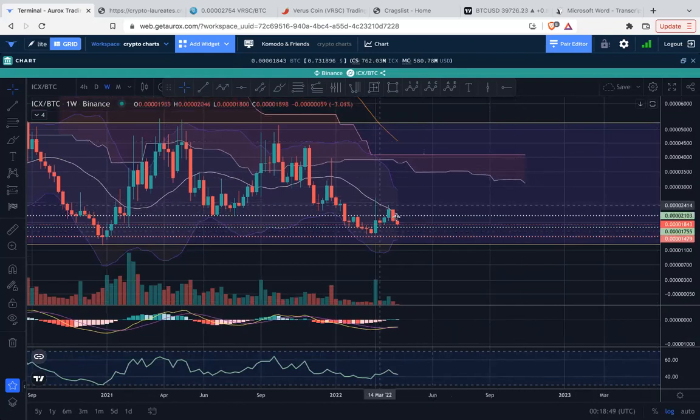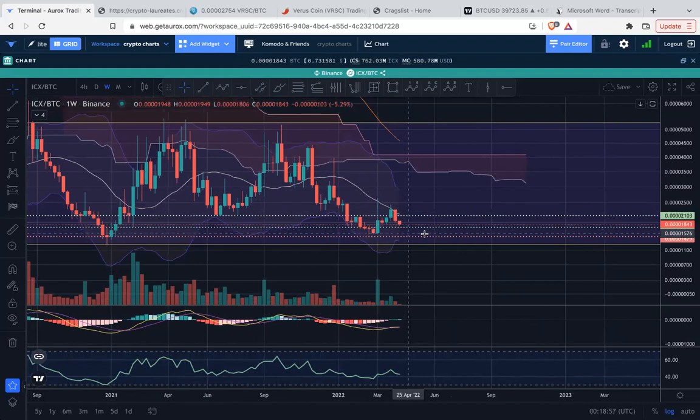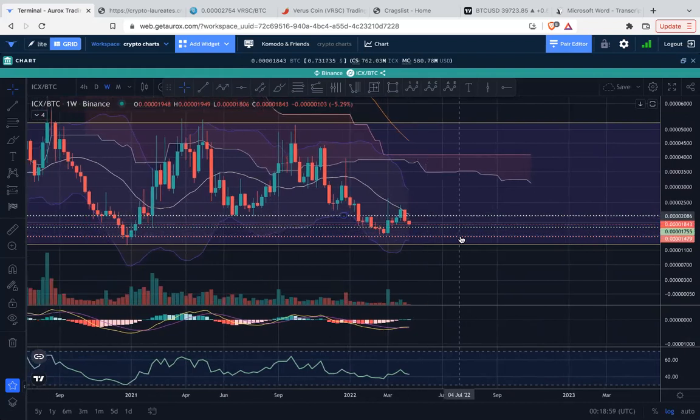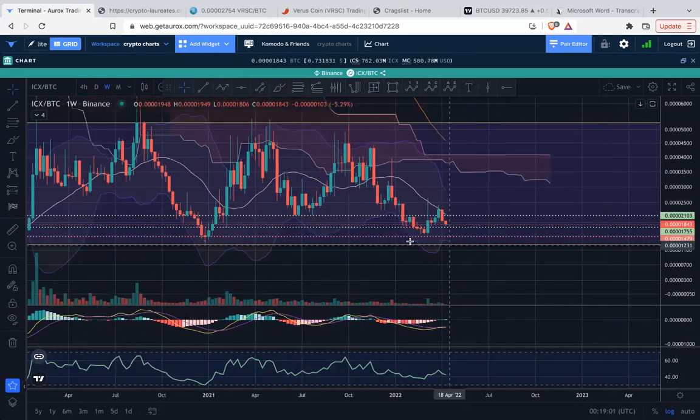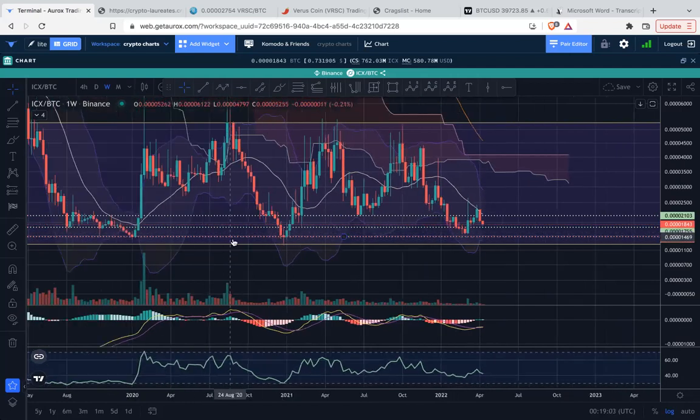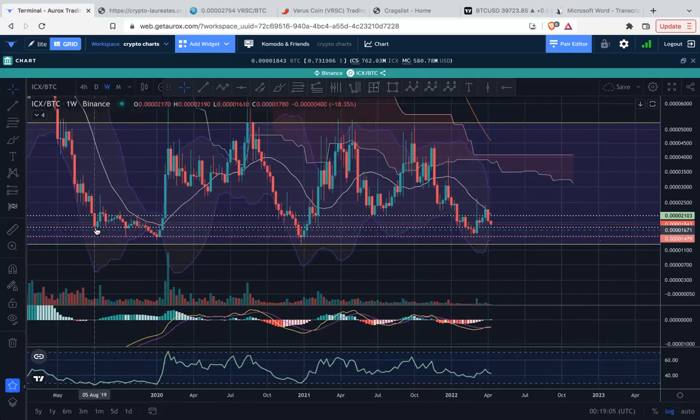Now, ICX is also another one of the price charts that's getting resistance at the 20-week moving average. So let's see, it's going to consolidate further at these lows. We have these three levels laid out, the two green ones and the pink one down below, based on previous price action on the weekly time frame. Supports here, and of course resistance is here and supports here. So that's what's happening, and it's just playing out the way it might have been expected.